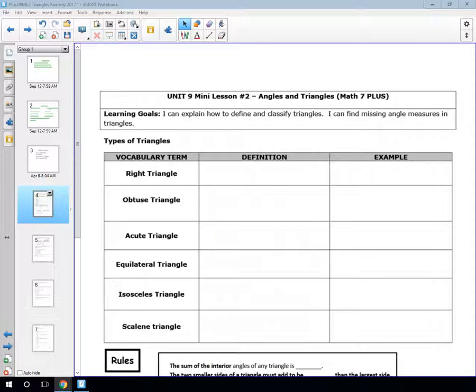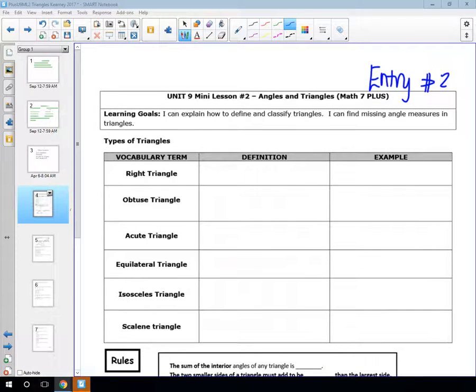Before we get started, go ahead and write at the top of your mini lesson: this is entry number 2. Go ahead and read our learning goal. So entry number 2 and our learning goal. Our learning goal is that by the end of today, I want you to be able to do a